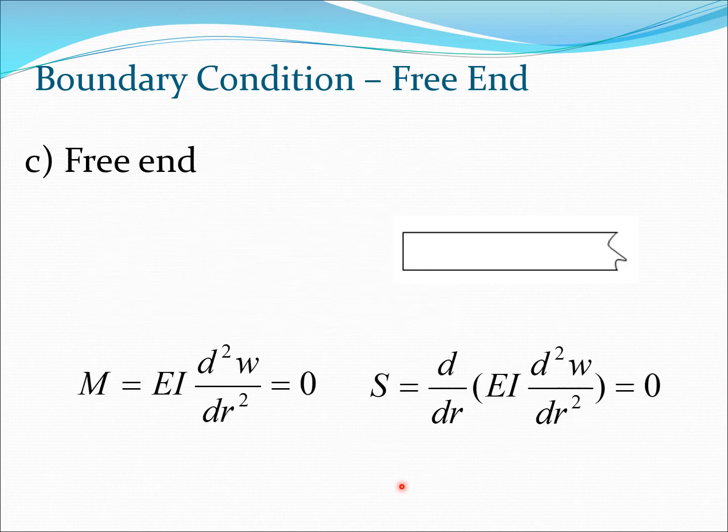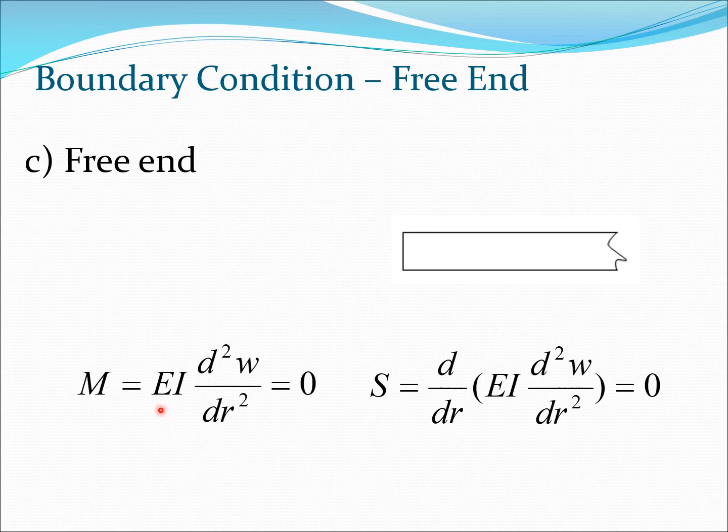Now let's look at the free end, which is typical of the second end of typical helicopter blades or rotor blades. If we take this as a free end, then we clearly see that at the free end you would have a moment which would be 0, and you would have a shear force which would be 0, because if you compare it with what we had when we derived the equation of motion, we neither have a moment acting here nor a shear force acting here, so these two are going to be 0,